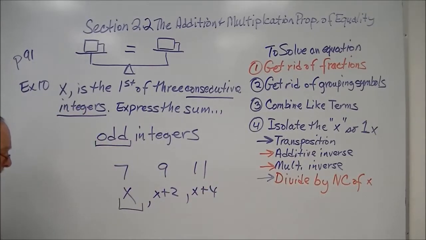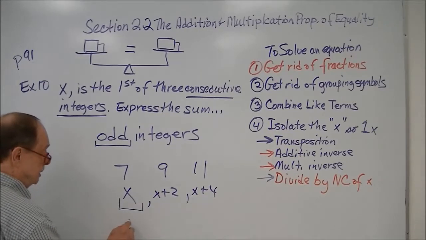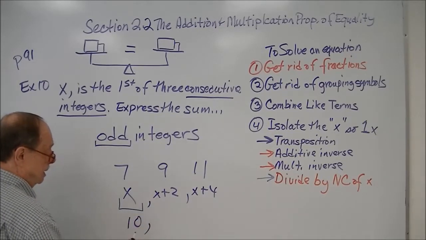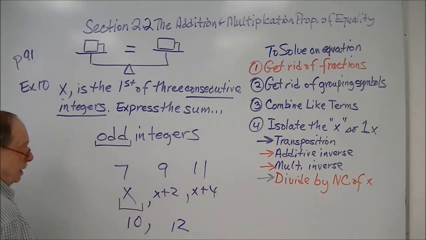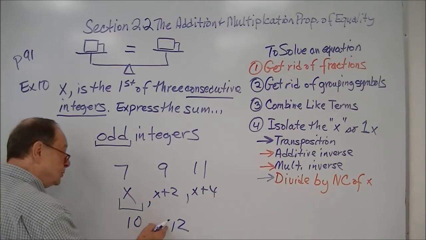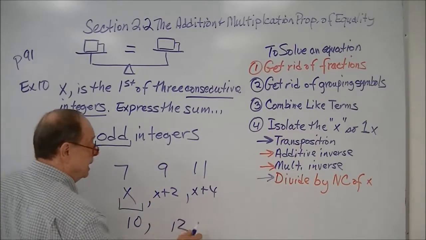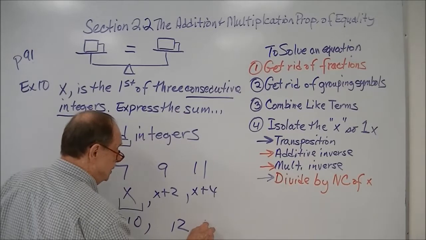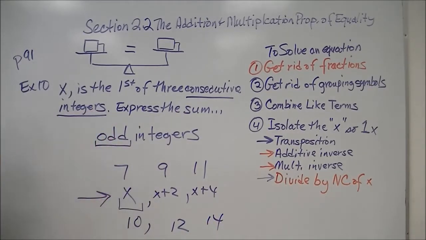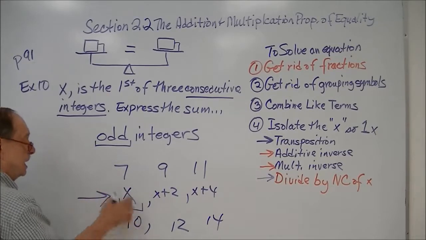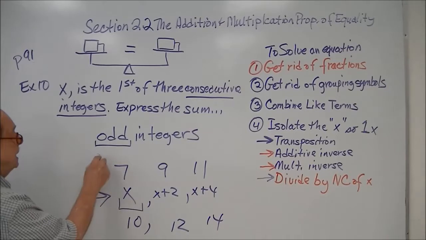Now, an interesting thing happens. If your first integer is 10, how do I write 12? Well, interestingly, it's exactly the same way. You're going to add 2 to it. And then to get 14, you add 2 to that. So this is what really blows some students' minds, is how can this be the same for both odd and even